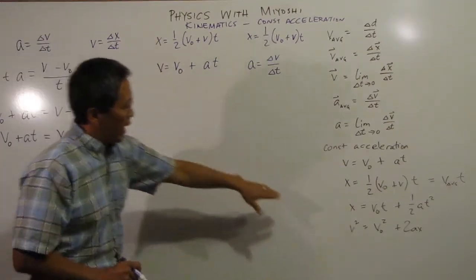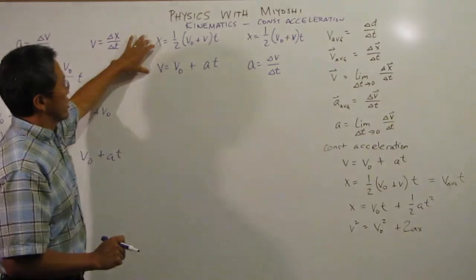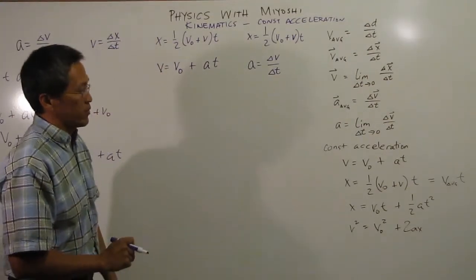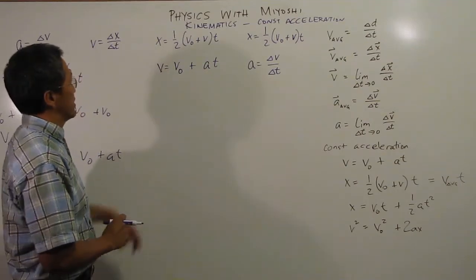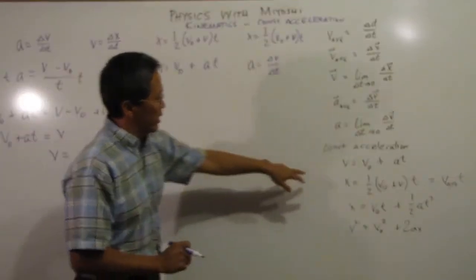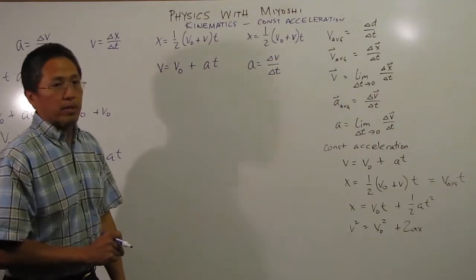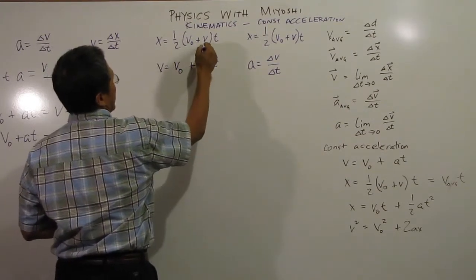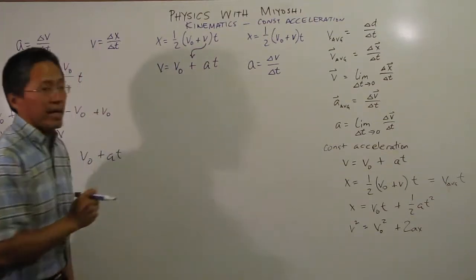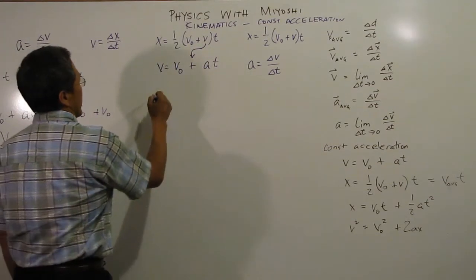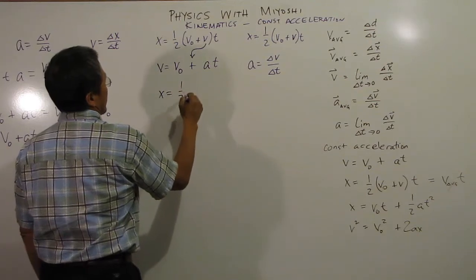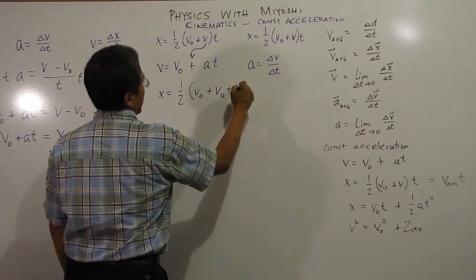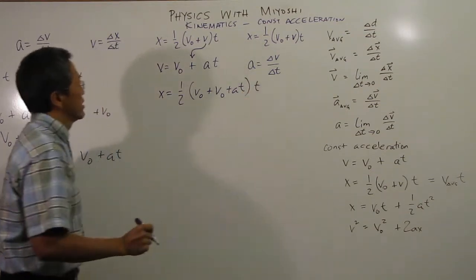So I can get this one from these two equations here. The one I just showed you, x is 1/2 (v0 plus v) times t. And this other one that I just showed you, v is v0 plus at. So I'm going to take this v and substitute it in mathematically. So I end up having x is 1/2 (v0 plus (v0 plus at)) times t,